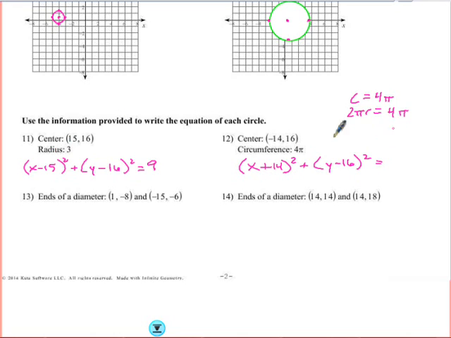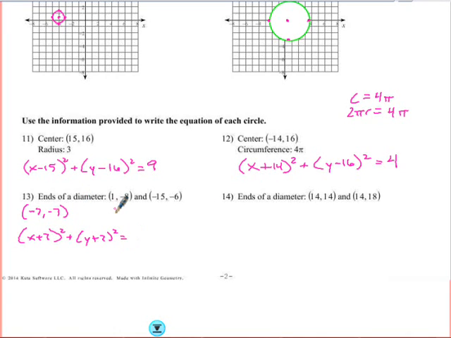Divide both sides. We end up with a radius of 2. So radius squared is 4. The ends of the diameter here, first we're going to do midpoint to find the center. So that's the average of the x's, which is negative 7. Then the average of the y's, which is also negative 7. So that's the center. So so far we have x plus 7 squared plus y plus 7 squared equals, and